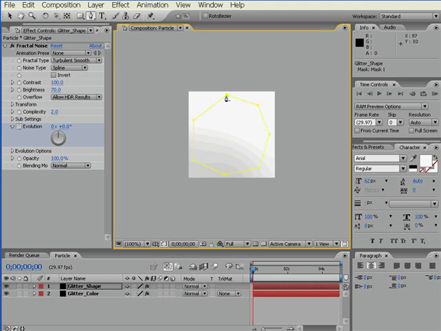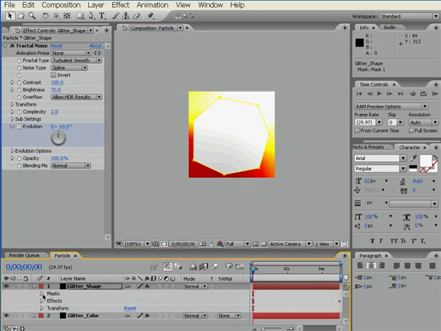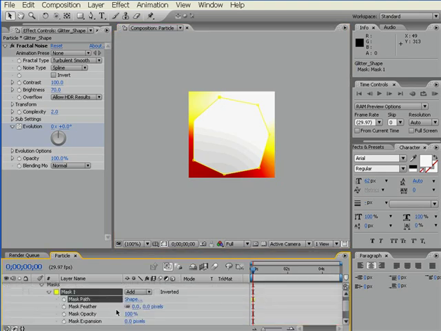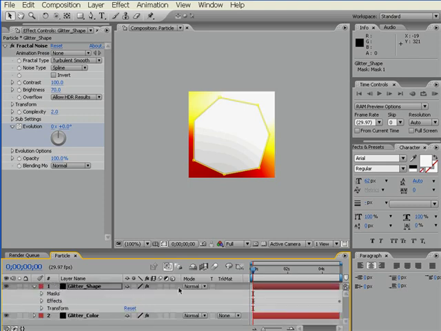I don't quite like it that skewed, so I'm going to just move this point over a bit. That looks good, and we're going to change the mask to feather out a bit. So go to mask, hit M on your keyboard, or just twirl it down. I'm going to feather it out about 3, and we're going to change the mode on this from normal, and